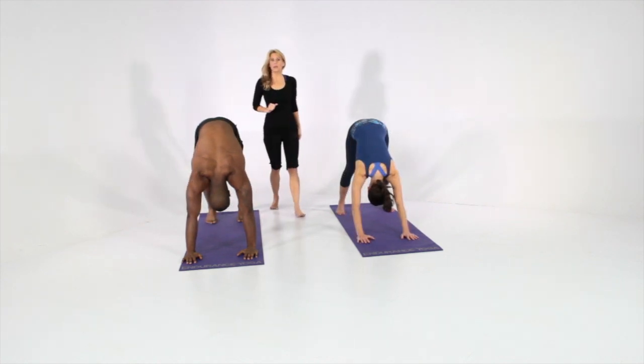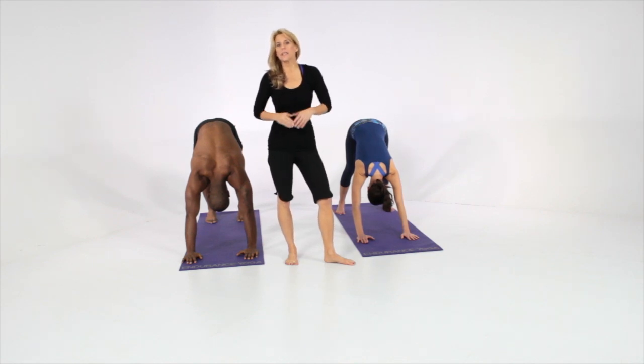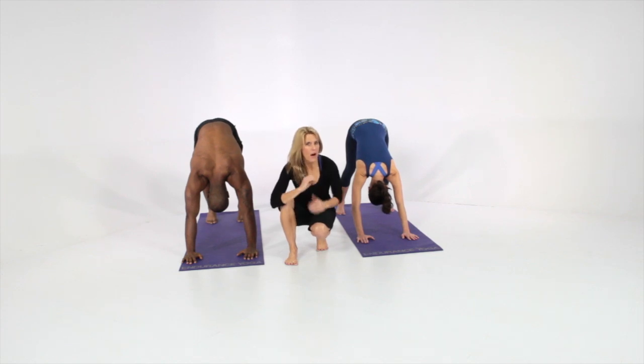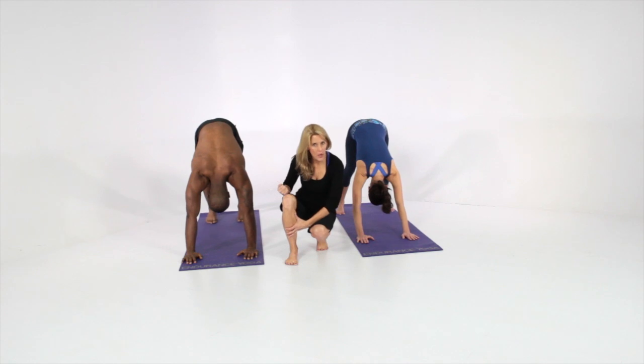So one of the most common reasons for that chronic knee pain with most athletes is the muscular imbalances in the legs. Oftentimes runners will have those really, really tight hamstrings, but then the quadriceps aren't quite as strong. These imbalances will begin to wiggle the knee out of place, creating knee pain. So today's practice really is going to be focusing on strengthening and stretching the quads and then creating that better balance in the